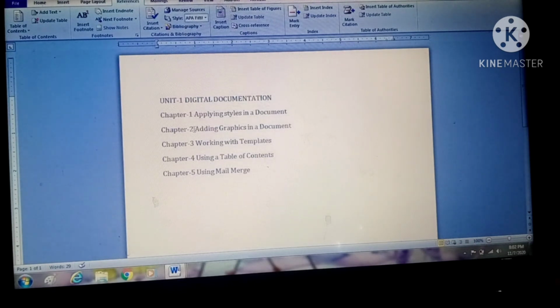Now this is all about these 5 topics. After this, I am sending you some question answers related to digital documentation that you have to write down in your notebook, and it's compulsory for all. You are having Diwali breaks also, so you have more time to complete your notebook, and send me your work on my WhatsApp group. Otherwise, I will not give you the internal assessments in your final exams.